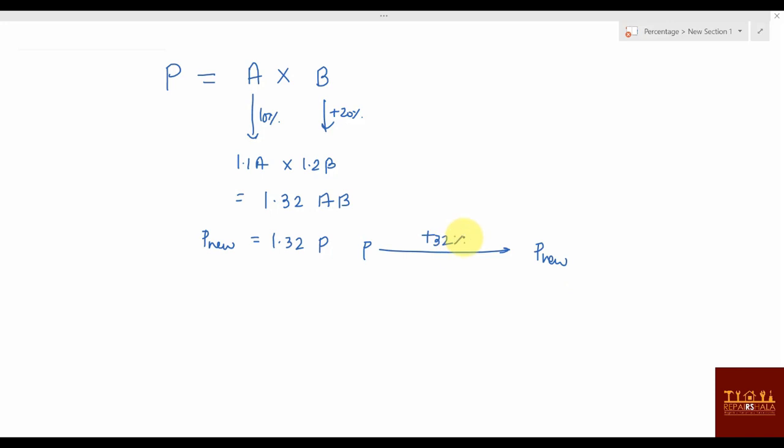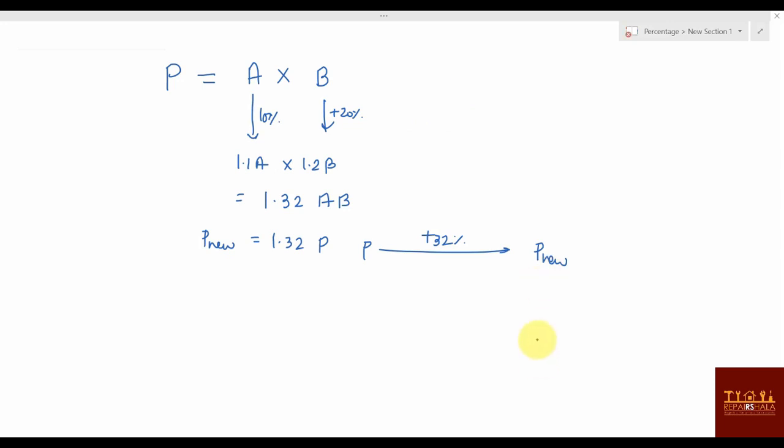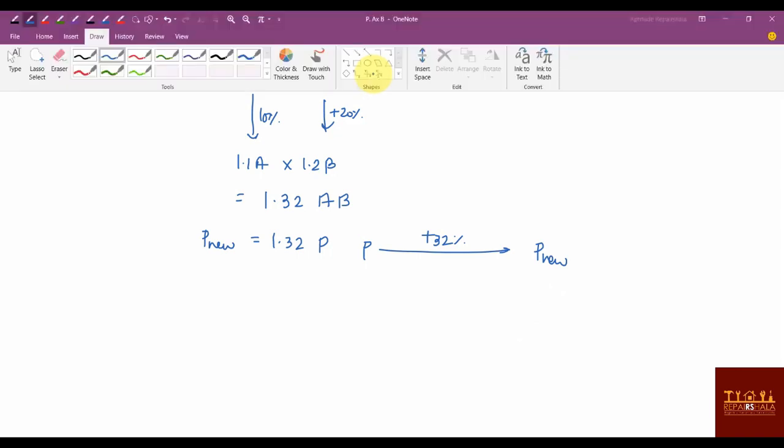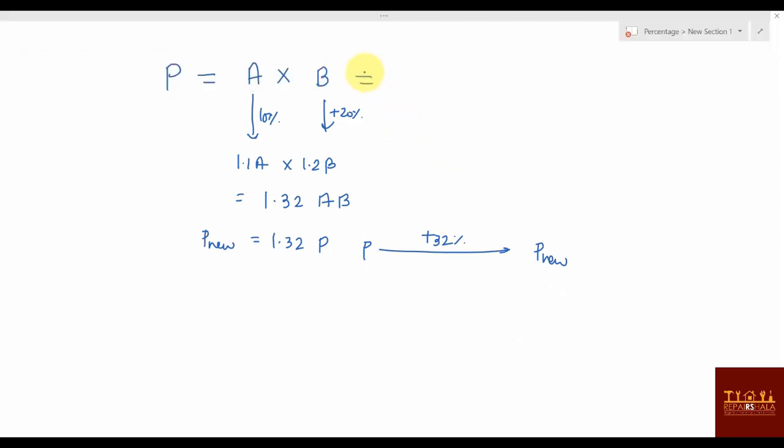Right? Now, in P equal to A into B, I'm just talking about this. Just look. I'm saying P equal to A into B. Now go back also here. If, instead of this A and B, you write this value, actually it is area equal to length into breadth. Area of what? Rectangle. Area of a rectangle is length into breadth.